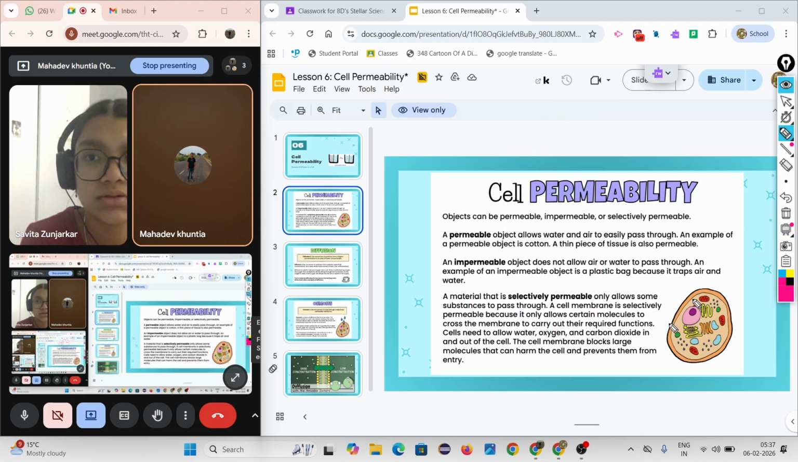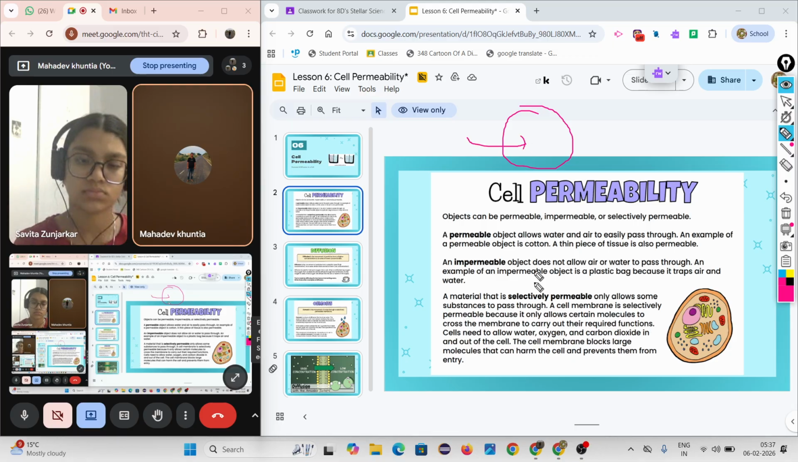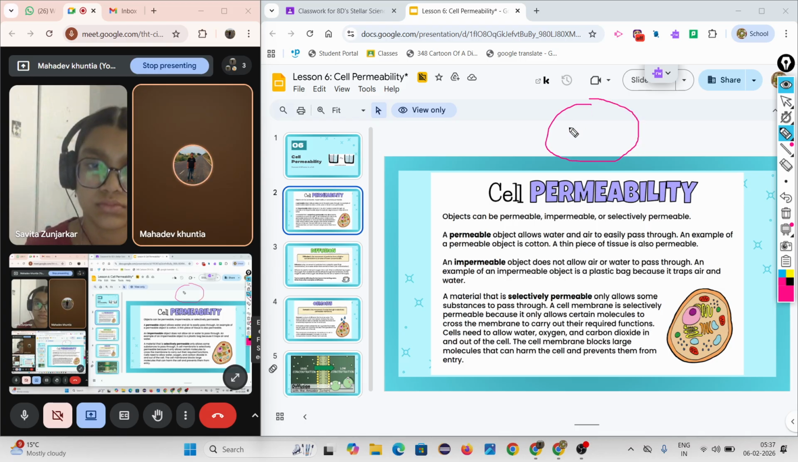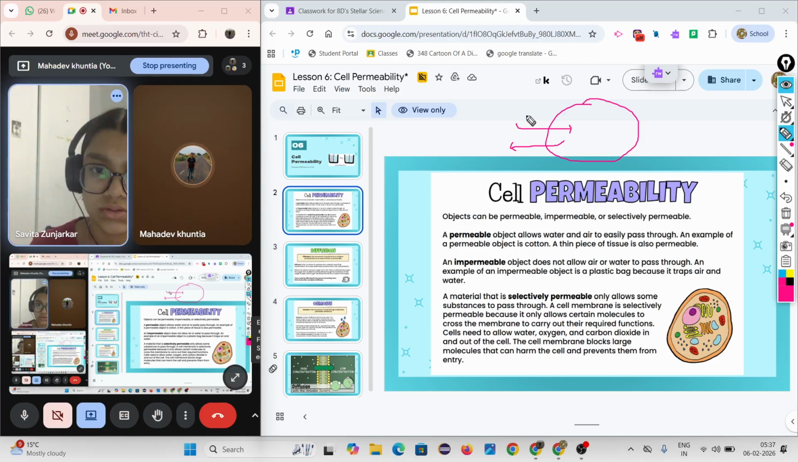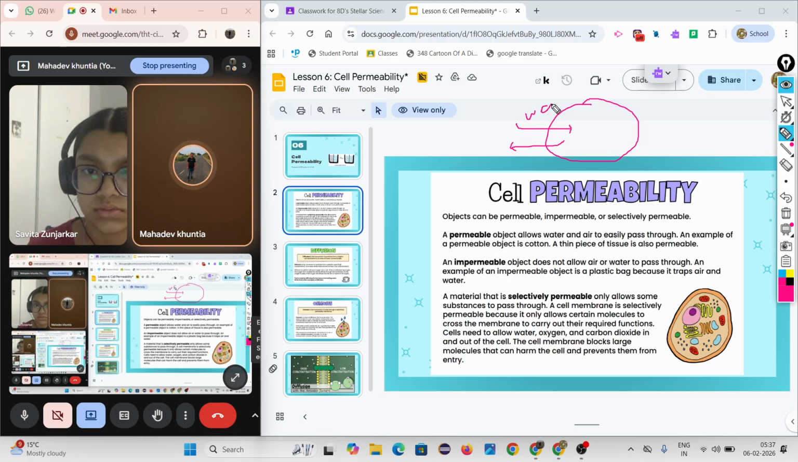Look, the cell needs to allow certain materials to come inside the cell. Water, oxygen, carbon dioxide go in and out of the cell. Semi-permeable means it allows some special substances to come inside the cell and go out of the cell. So those substances are one is water,